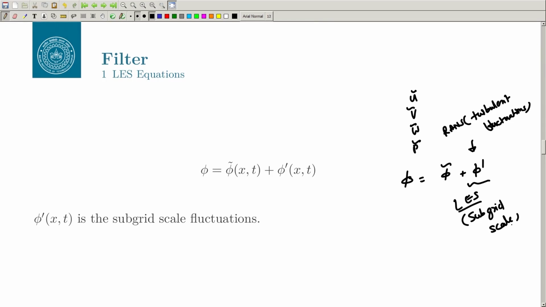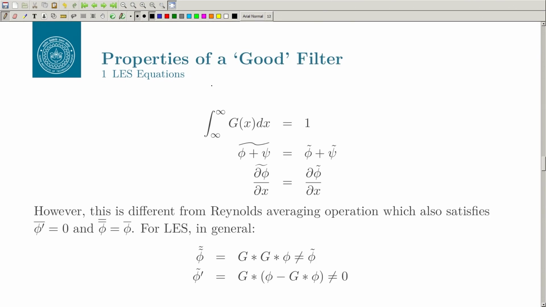Okay. It is not that all the turbulent fluctuations have been captured here, because some of this turbulent part is also there in phi tilde. So, this is only the subgrid scale fluctuations. Okay. And now, going through a similar argument, if you recall, we had discussed the properties of a Reynolds operator,